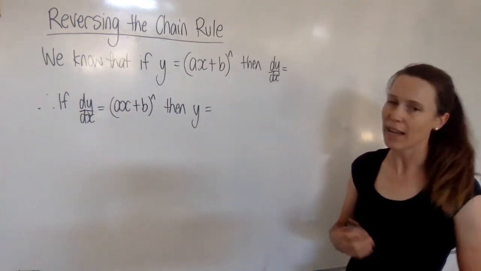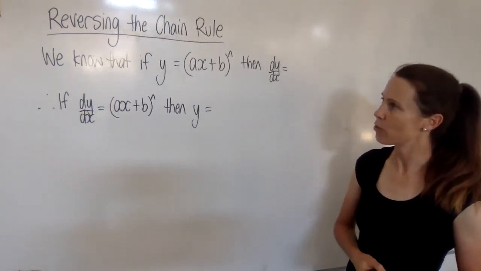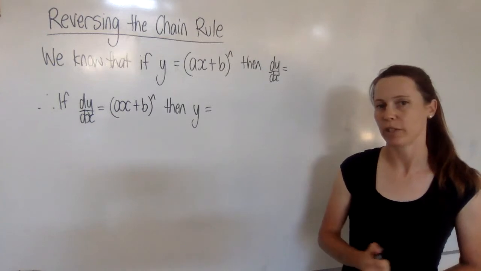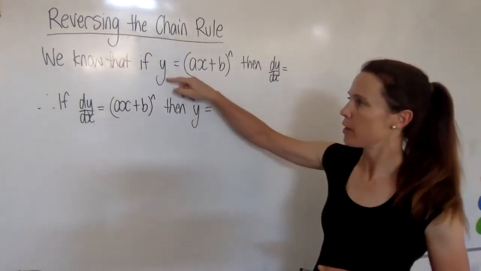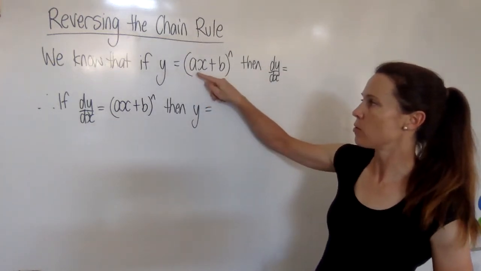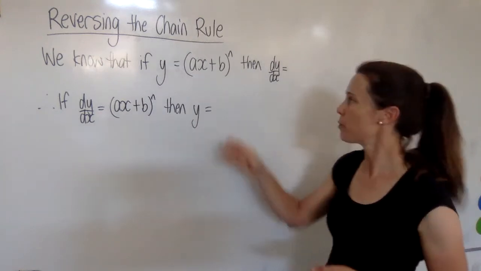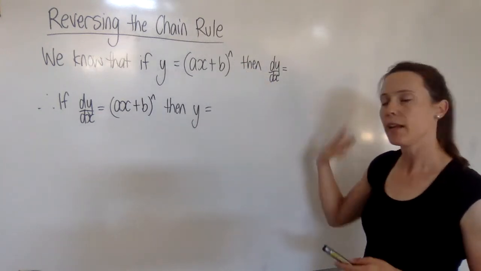Okay, let's have a look at how we go about reversing the chain rule. Let's revisit what the chain rule really is. Check that you remember it. We know that if y equals (ax plus b) all in brackets, to the power of n, how do we